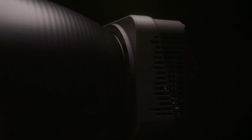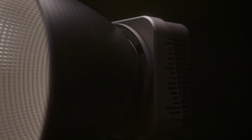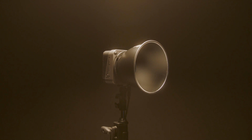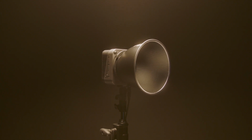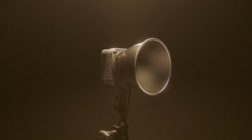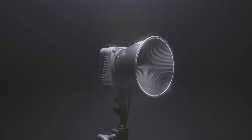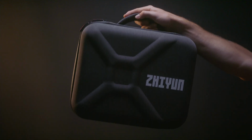After playing with this light for a little bit and seeing the build quality, seeing how bright this light is and what the capabilities are, I truly believe that for filmmakers that are looking for their first light, or again, looking to extend their lighting kit at an affordable level, I think this is a great option for you all to look into. The first thing that surprised me was the case itself, and when I first opened the case,